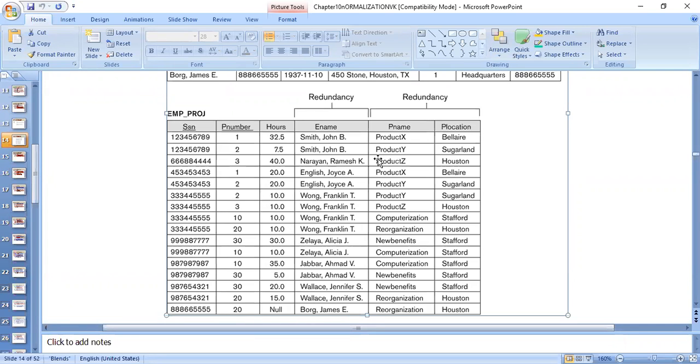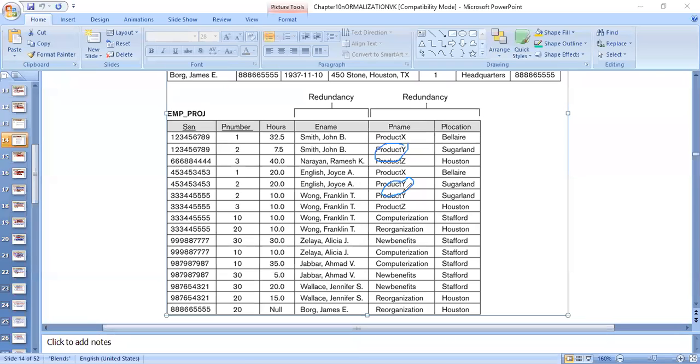If I delete one particular project, so what will happen? Project Y, if I delete, then where all project Y is there? Project Y is here, then project Y is here at these two. So suppose if I delete project Y, what is going to happen is, as you all know, when we delete, what is the command we use in DBMS to delete?